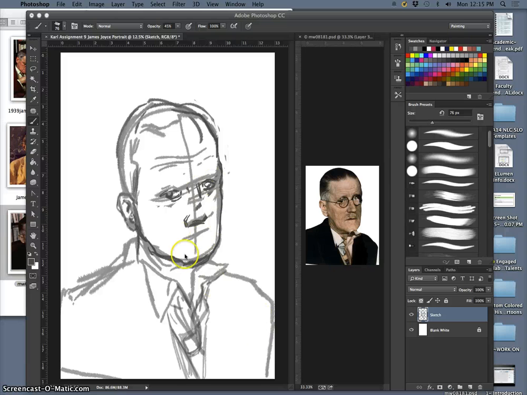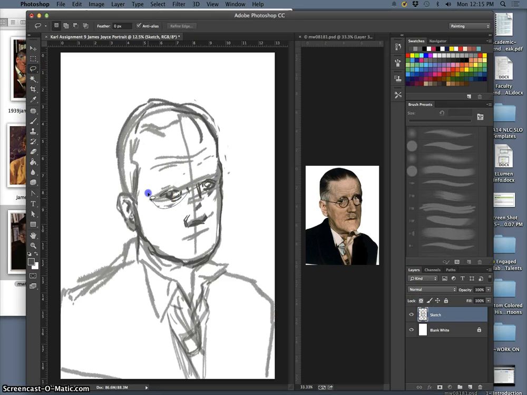All right, so I've got my sketch such as it is, not really refined yet. You want to get it to the place where you can start to notice little areas of proportion that might need to be different. So his eyes are slightly above center. And what I love about digital art is I can then just simply take this section, his eyes, and instead of changing my whole drawing, I can simply move them up a little bit